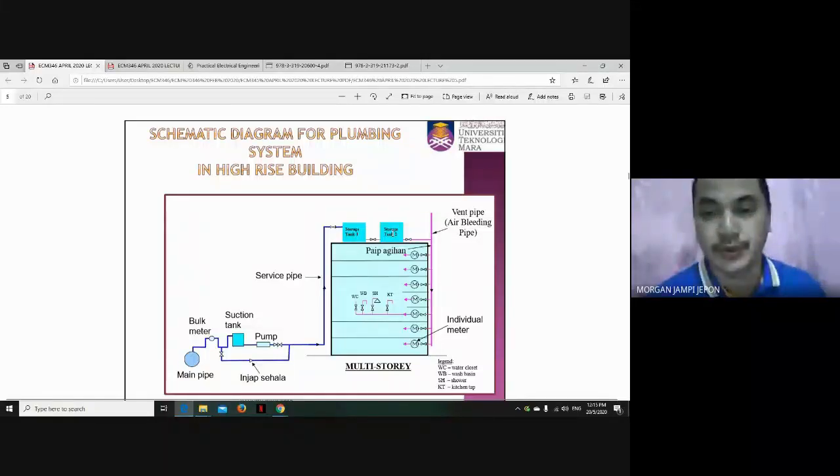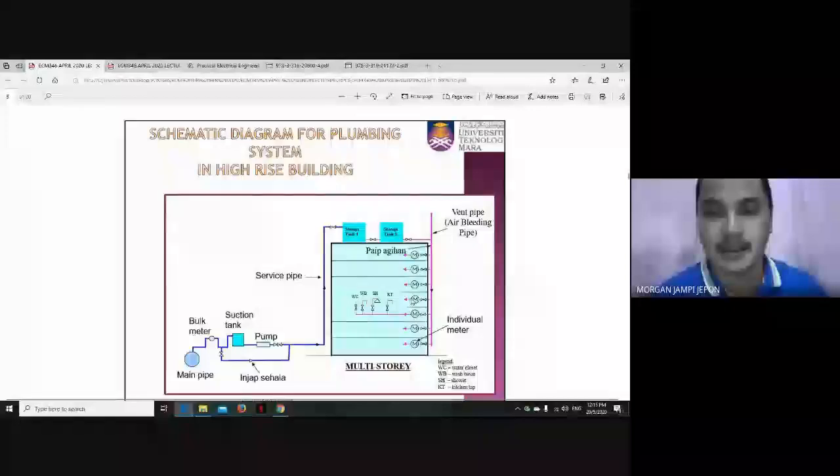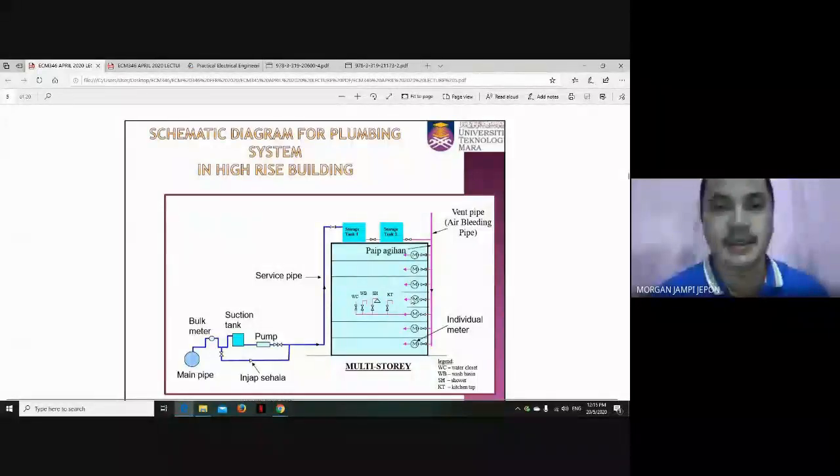Okay, and then from that storage tank, it goes to the main valve as well as meter into every unit in that multi-story building. Okay, so that's how the supply works for the high-rise building. All right,